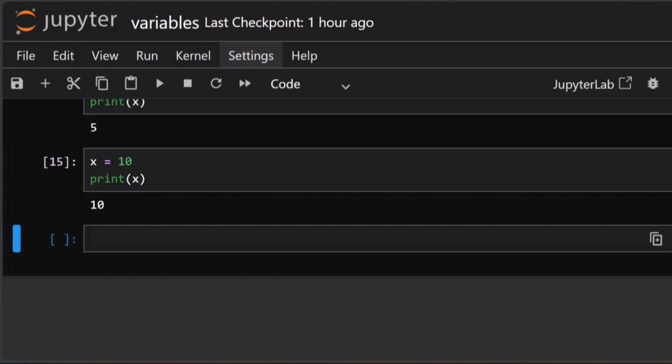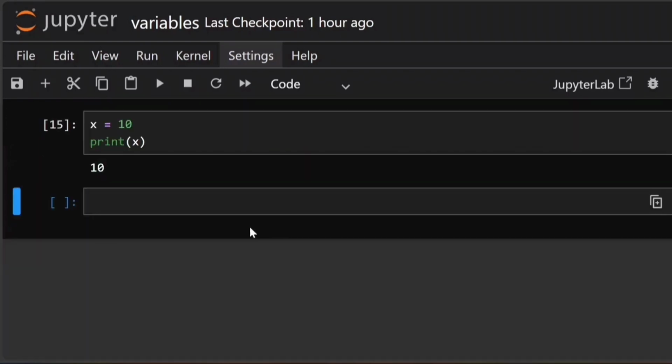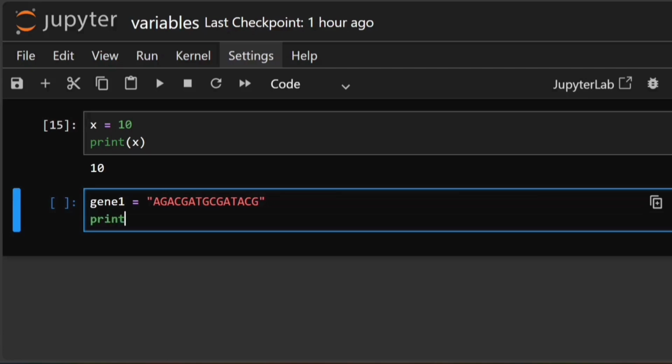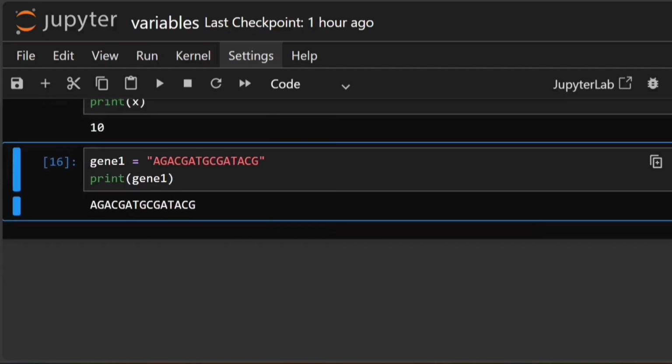We can do the same with strings. Here I am creating a variable gene1 and storing a random DNA sequence in it. And then I print gene1. This prints the original DNA sequence.